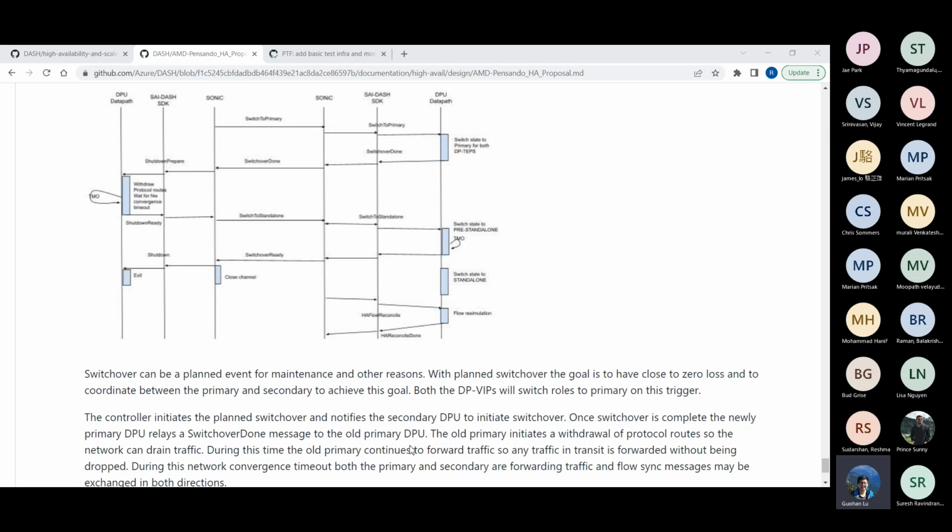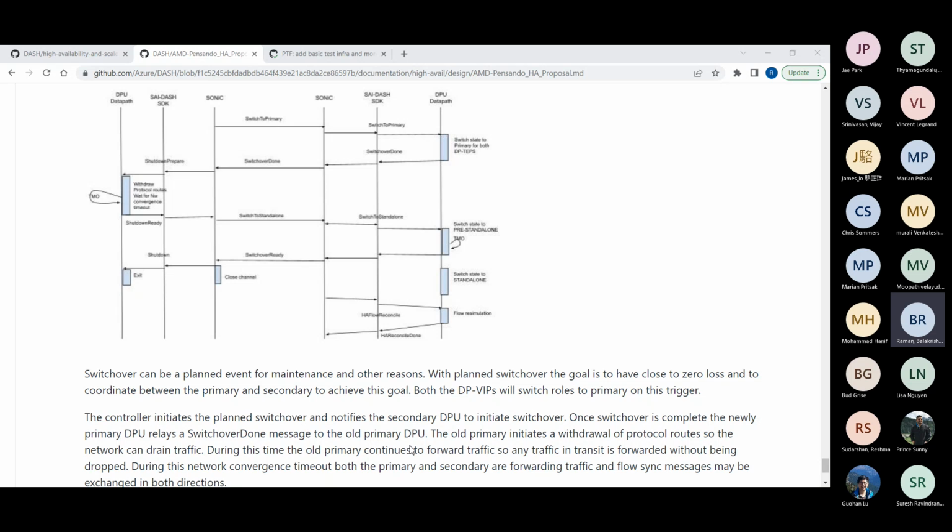I thought the active should not receive. Okay, so yeah, active will never receive. So I think that's maybe not defined in the spec. You're saying that even if the DPU's role is active, whenever you receive an encapsulated SIM packet, it will replicate the state. Right. So normally it is in active-standby, so it won't receive a flow sync request.